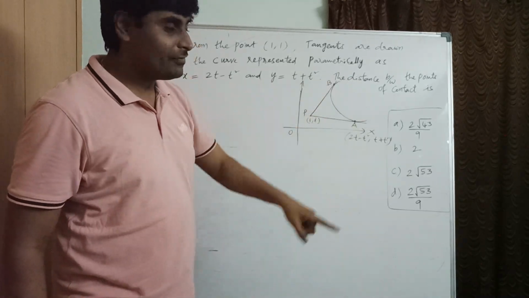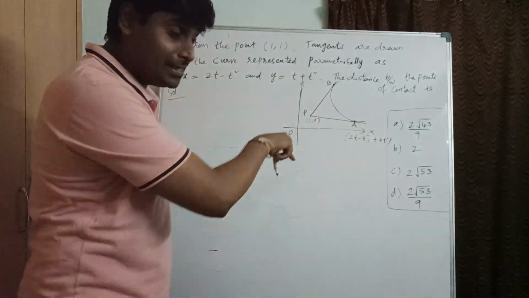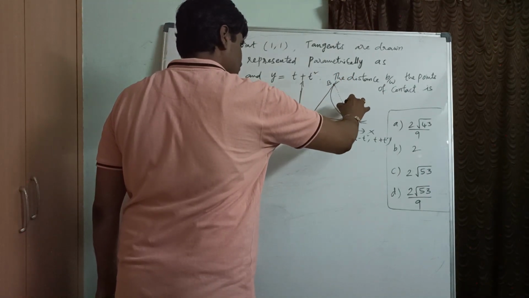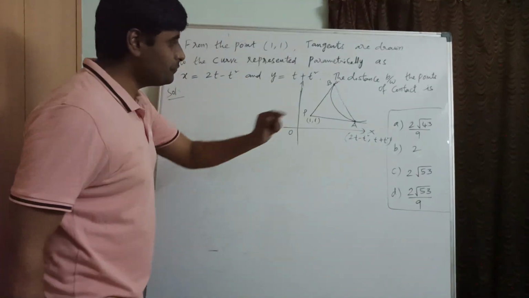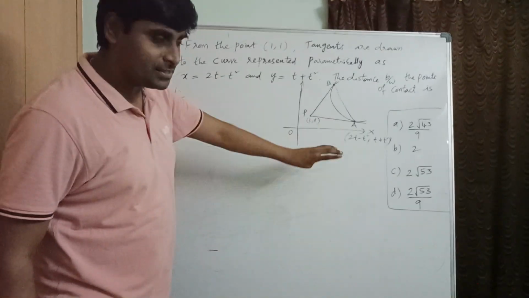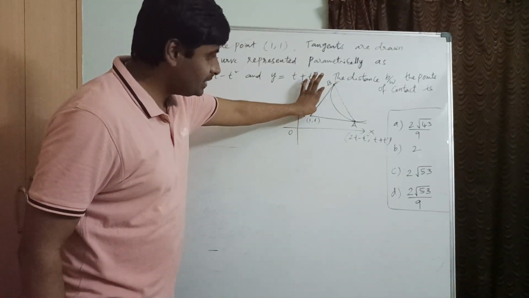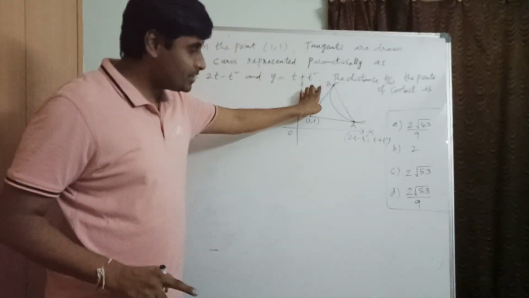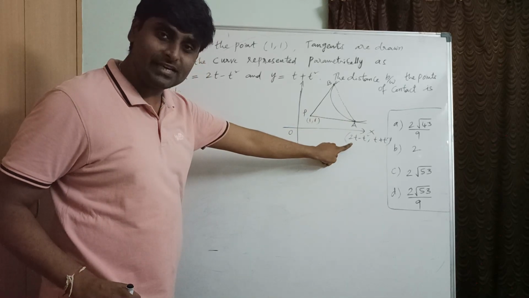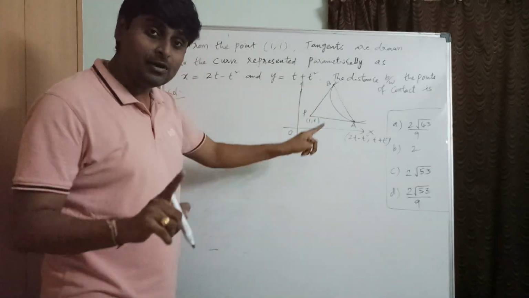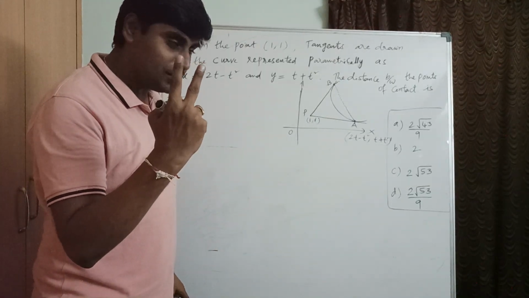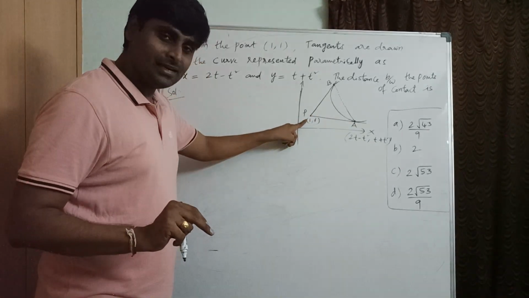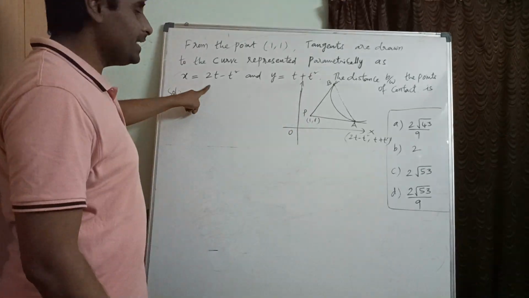So finally we are going to find the distance between these two points of contact. How can you find the distance between these? Whenever you find these two points separately. How can you find these two points separately? We need to find the value of t. Then these two points will become known. We must get two values for t. Will you get? Yes. How? The slope of AP is also equal to dy by dx.